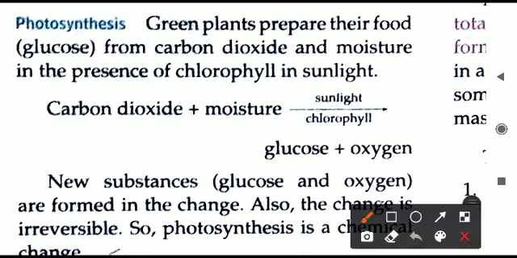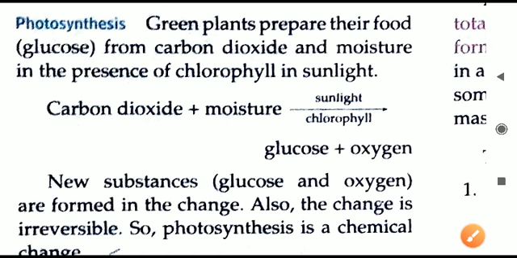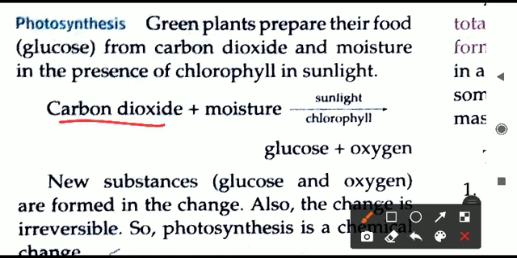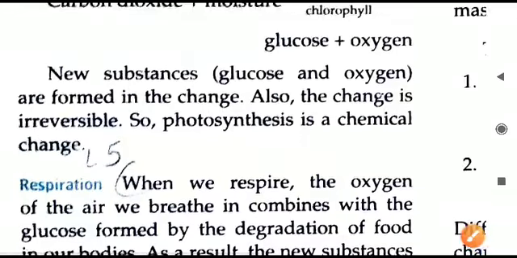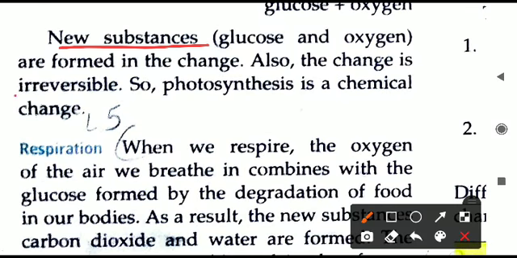So next is photosynthesis. The plants are using the sunlight in this process, and the reaction goes on in the chlorophyll. What is the reaction here? The reaction is between CO2 and water, in the form of water vapor. Also, water is supplied to the plants. So CO2 and water both react together in the presence of sunlight in the chlorophyll to produce food, that is glucose. Once the food has been prepared, it cannot be reversed. New substances are there. Also it is an irreversible change. We can say thus that photosynthesis is a chemical change.